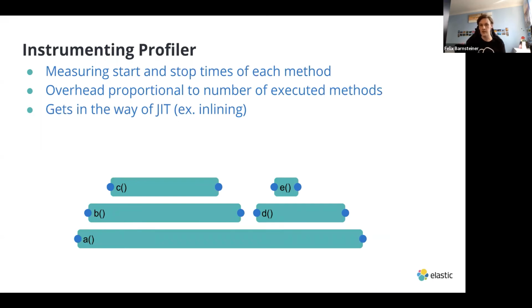Especially the more methods you want to instrument, the more overhead you're going to get. But even if you're only instrumenting one method, if you pick the wrong one, your performance will be really terrible. And one of the reasons for that is that we are inserting code here, and that can get in the way of some of the optimizations the Java